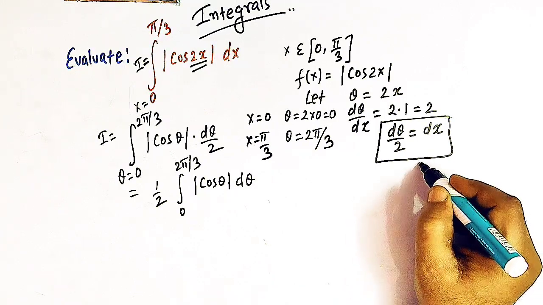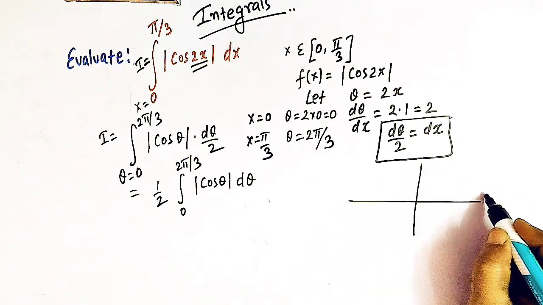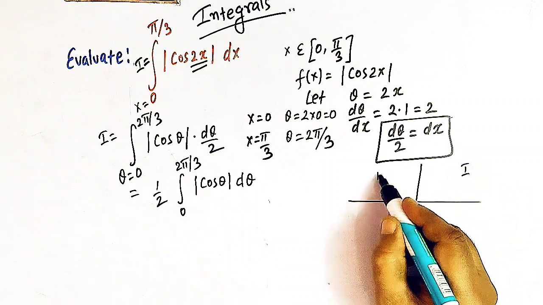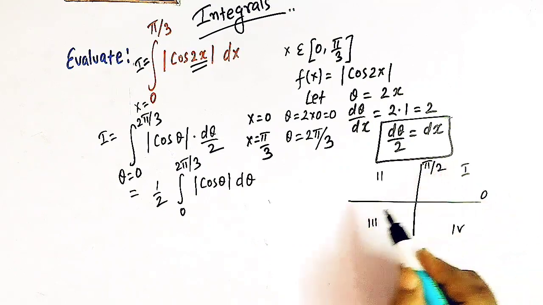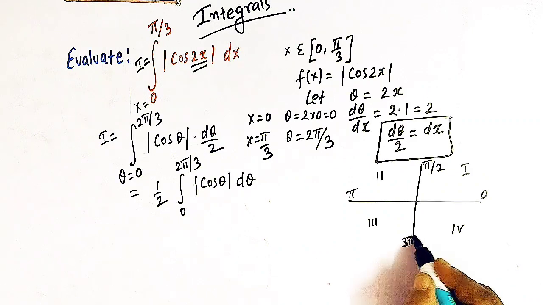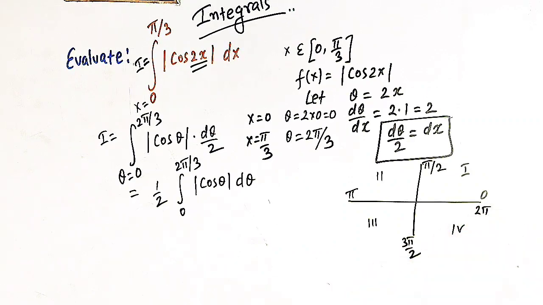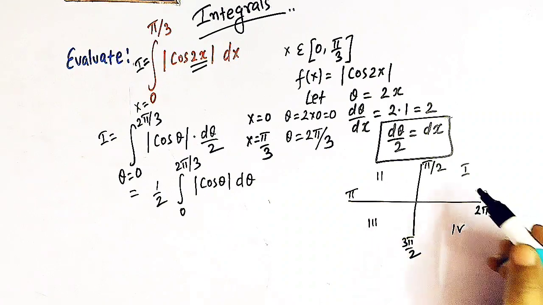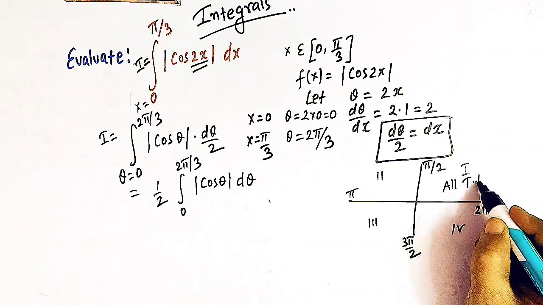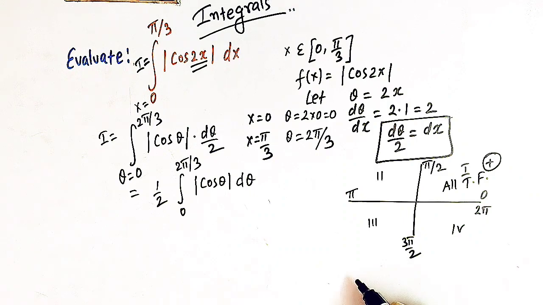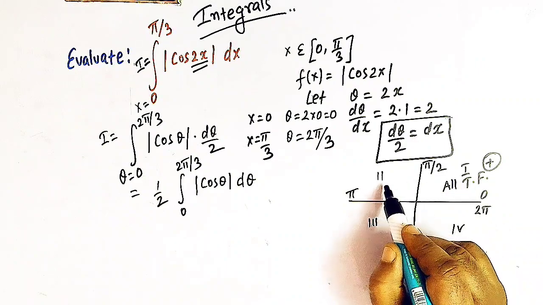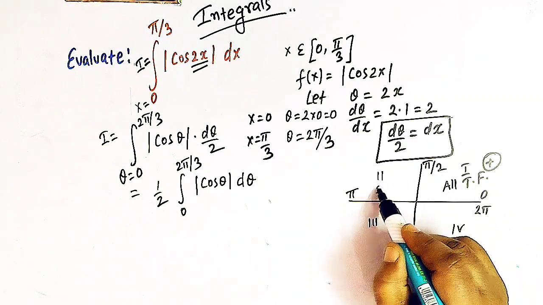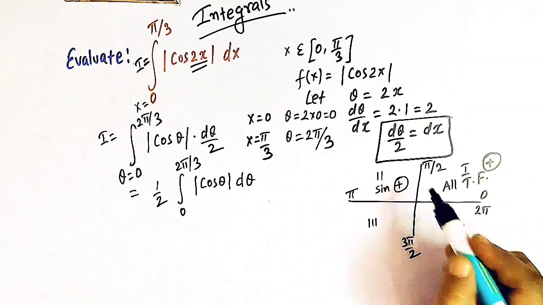So now let us take the sign convention of trigonometric functions. Here we have the first quadrant, this is second, this is third, and this is fourth. Here we have 0, here we have pi by 2, here we have pi, this is 3 pi by 2, and this is 2 pi, right? So here we have four quadrants, and we know that in the first quadrant, all the trigonometric functions are positive, right? And in the second quadrant, only the sine function is positive, and the remaining trigonometric functions are